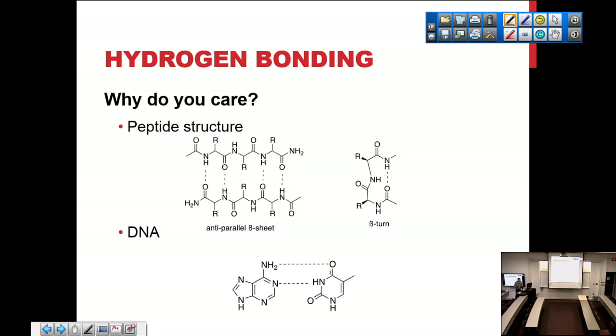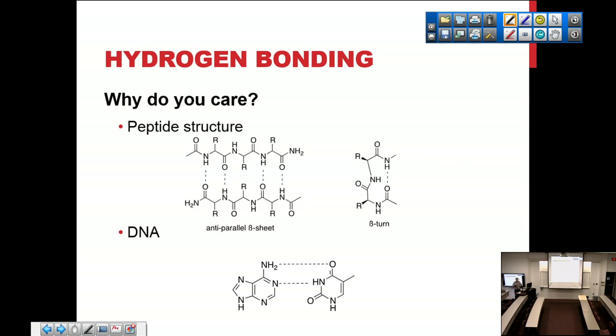How do we break down proteins in our body? Half the time, or no, really all the time, it's hydrogen bonding weakening the amide bond so that we can break it down, so that our body can do something with it. So hydrogen bonding is really the glue that holds us together. One hydrogen bond is really weak, but 1,000 hydrogen bonds is really strong. So hydrogen bonding is really important.